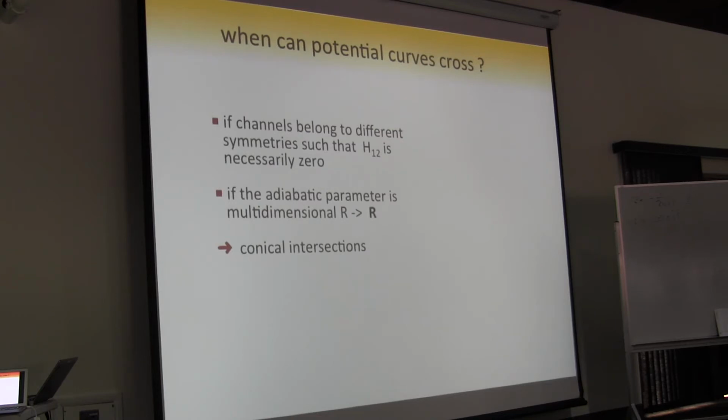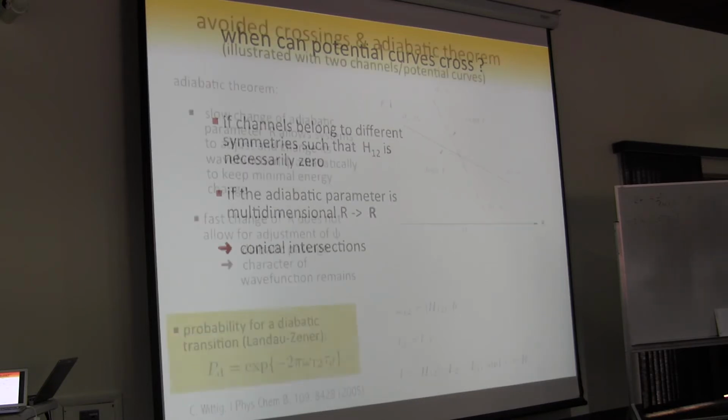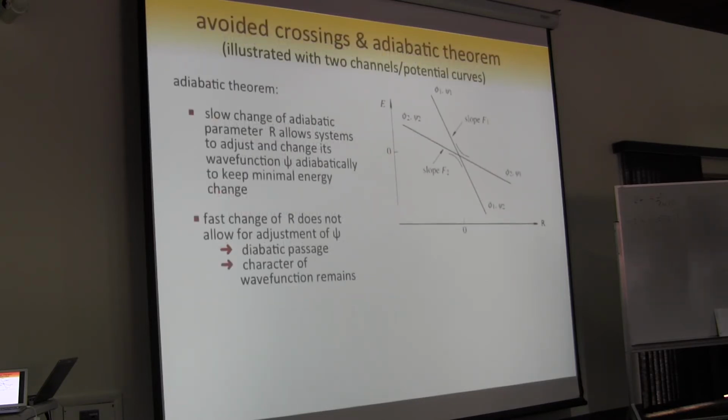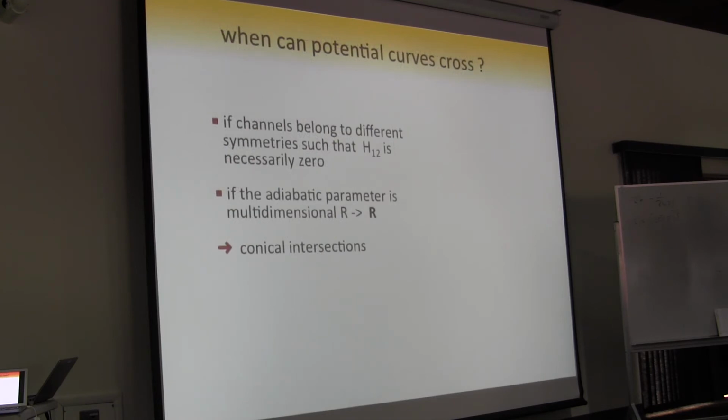And the question is now, when can potential curves actually really cross? Because right now we always had avoided crossings and we have a certain likelihood that you can jump across the avoided crossing. But the basic curves really are avoiding each other. Now, if channels belong to different symmetries, such that the coupling matrix element is necessarily zero, then of course they can cross. And the other point is,